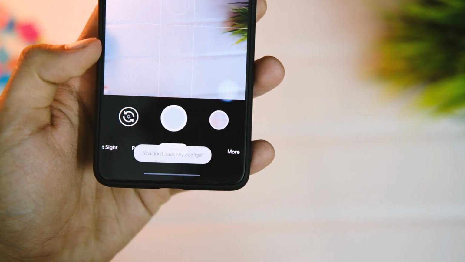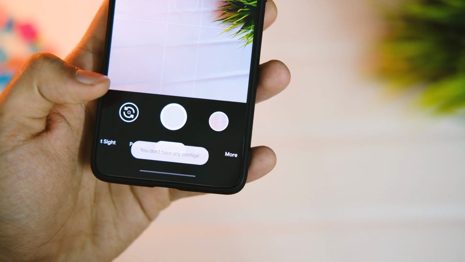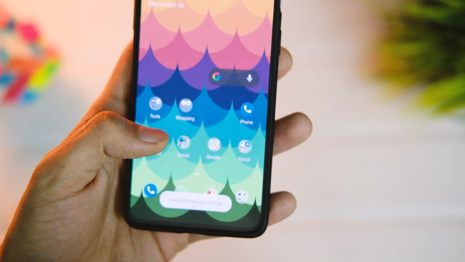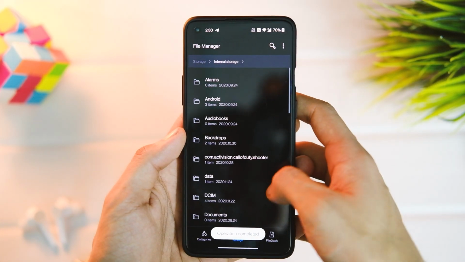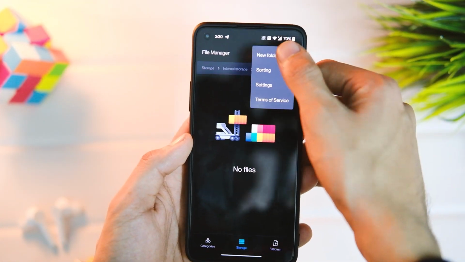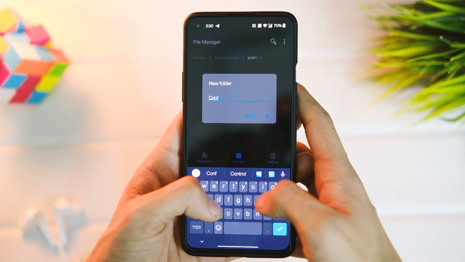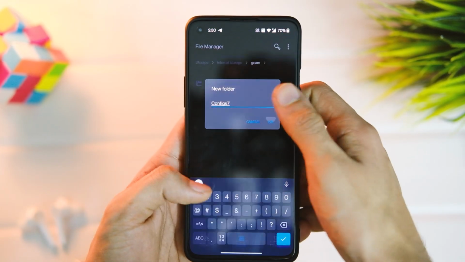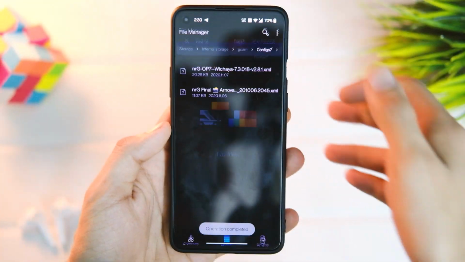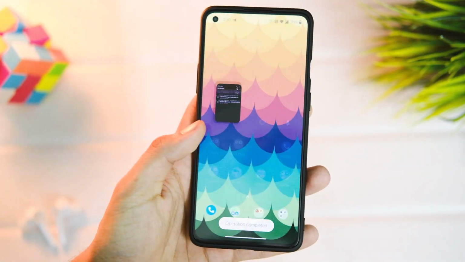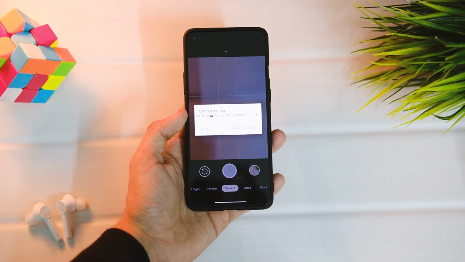But if you don't see anything or get an error that you don't have any configs, then relax, all you have to do is download it manually from the link in description area, obviously, and now just go to file manager, create a new folder by the name Gcam, and in that folder create another folder named config7. Now keep the second XML file in here and you are ready to go. Just restore it as shown in step 1 and it's done.